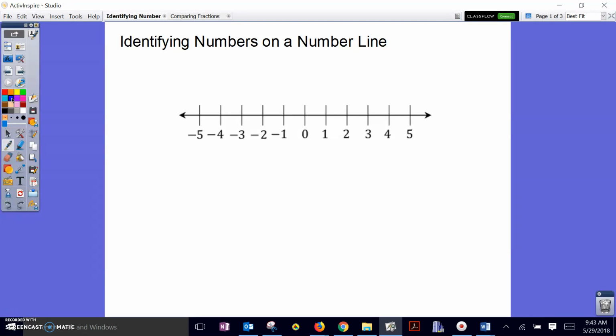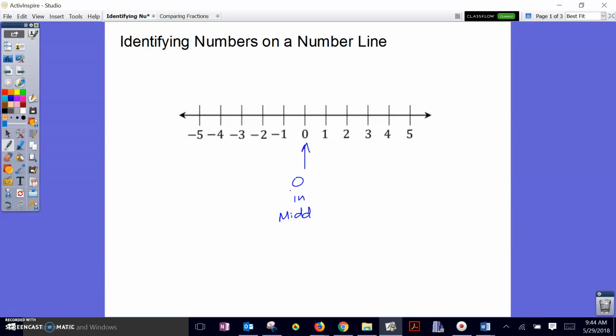And of course, on this number line, we can also graph any real number. And so we can plot numbers that fall in between any two of the integers where we have hash marks on the number line. And we can really just basically use this number line to identify the location of any real number. And this can be a useful tool for us later on when we're comparing the sizes of multiple real numbers. But the typical number line that you see starts out with 0 in the middle,